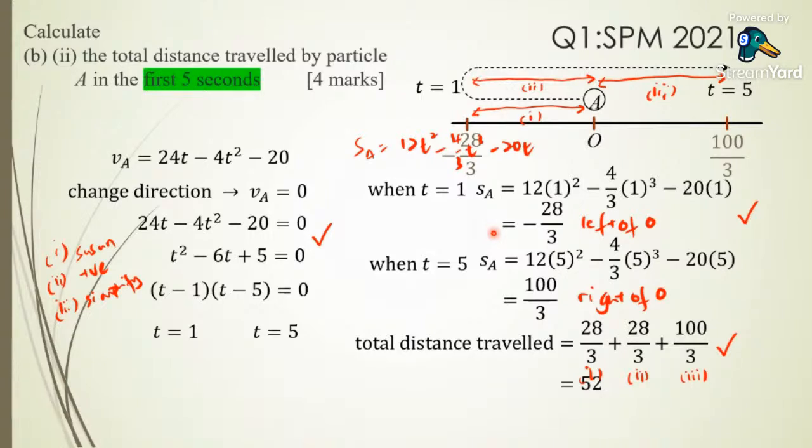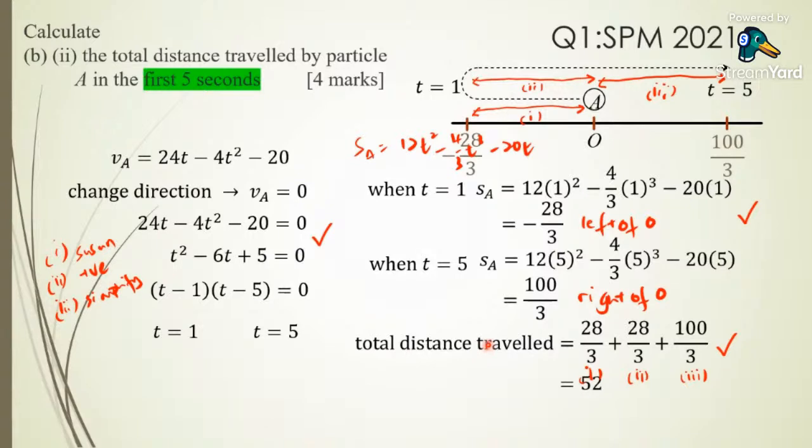So when we substitute T equals to 1, jangan substitute dalam V. Kita substitute dalam displacement. Kita dapat negative 28/3. What does negative mean? Negative mean left of O. Dia left of O. T equals to 5, kita dapat 100/3. Apa maksud 100/3? Meaning 100/3 right of O. Tapi kalau kita nak cari total distance travel,